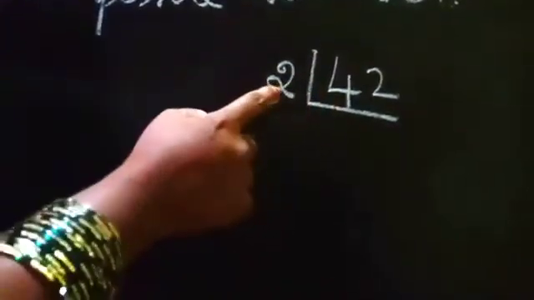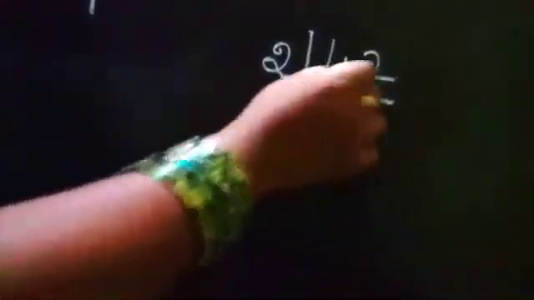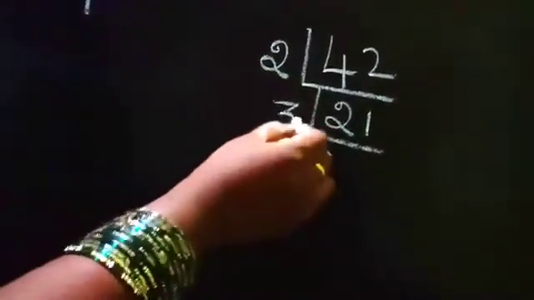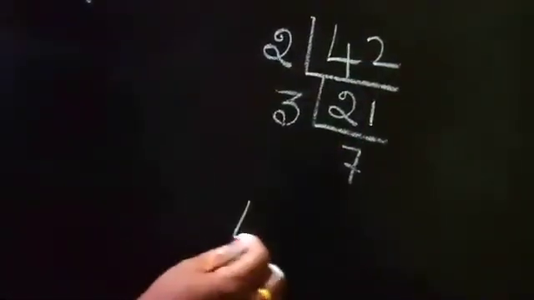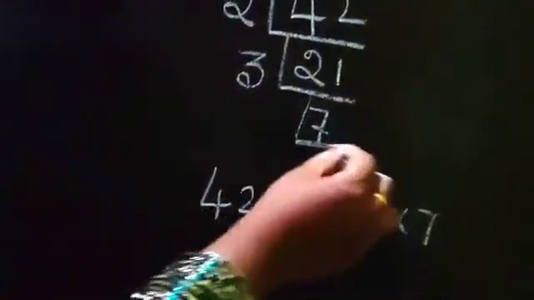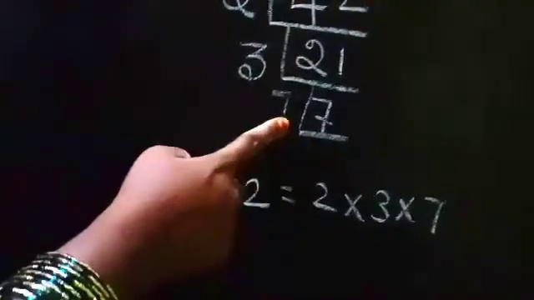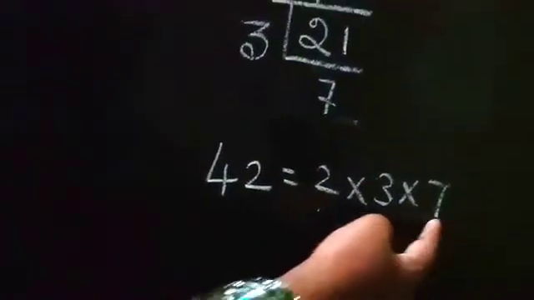For example, I will take 42, a composite number. This number can be divided by the prime number 2. 2 twos are 4 and 1 two is 2. The same way, 21 can be divided by the prime number 3. 3 sevens are 21. Now 42 can be written as 2 into 3 into 7. No need to divide again 7 in one table or 1 in 7 table. This one is not required here. That's what they are telling here: 2 into 3 into 7. These are called prime numbers.